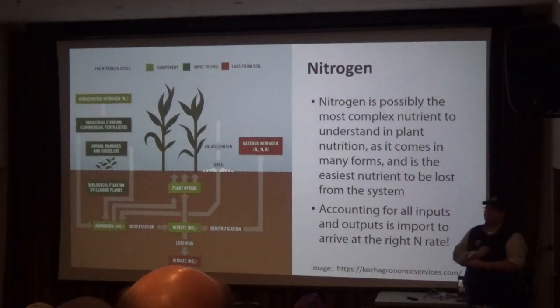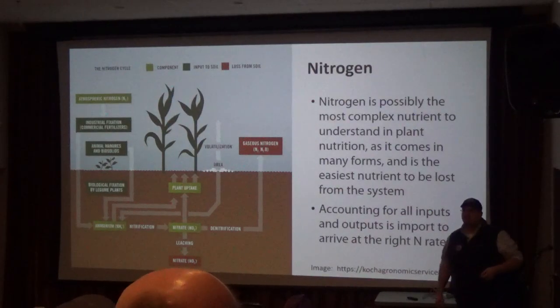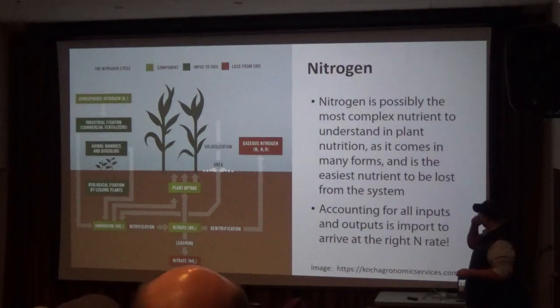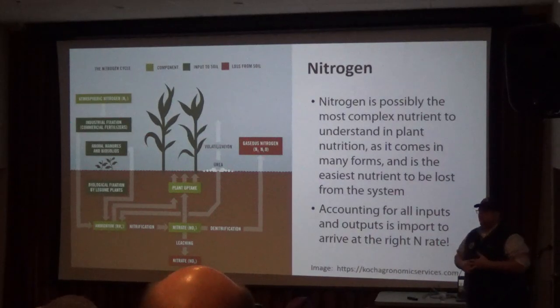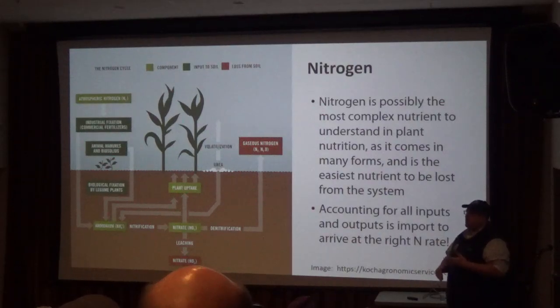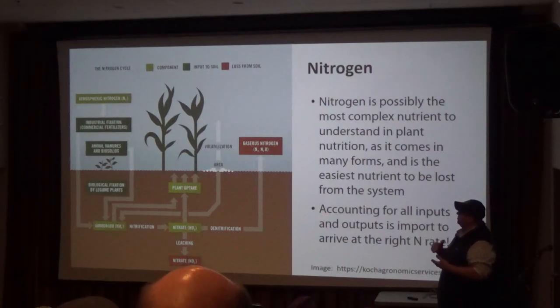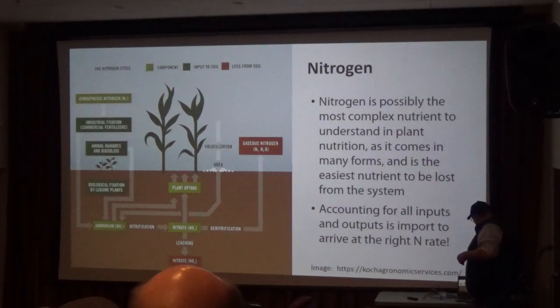So I've talked about this before. This isn't new to any of you, but nitrogen is possibly, and I would say probably, the most complex nutrient that we deal with in potato production and in most crop production, because it comes in many forms. It's uptaken in crops in multiple forms. So we have to account for what the nitrogen is coming from: fertilizer, and it comes in many forms in the fertilizer, but also what's coming from manure and compost, what's coming from fixed fertile legumes the year before, what's coming from the mineralization of the organic matter. There's lots of sources and lots of math to do to figure out how to best manage our